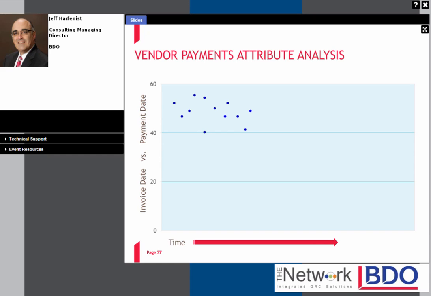And what we see here is this is where the toe is getting stuck in the water. Here you can see that we're comparing the payments to this new vendor to what was paid in this vendor class historically, and you can see that the gap between payment date and invoice date is starting to shrink. Now, using data analytics, this fraud would have been caught at this point, but it wasn't, and what happens is